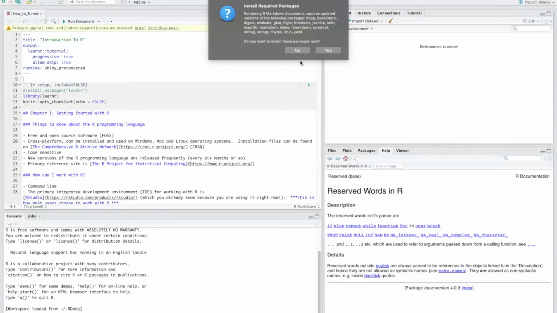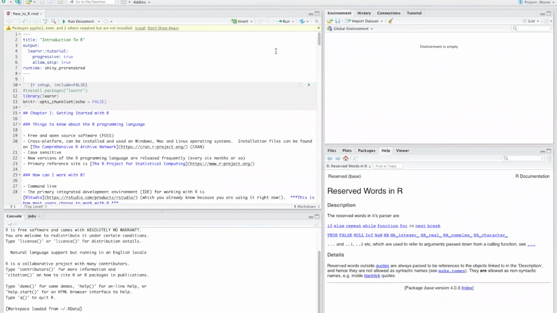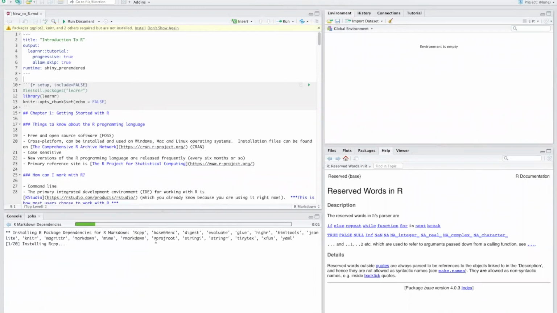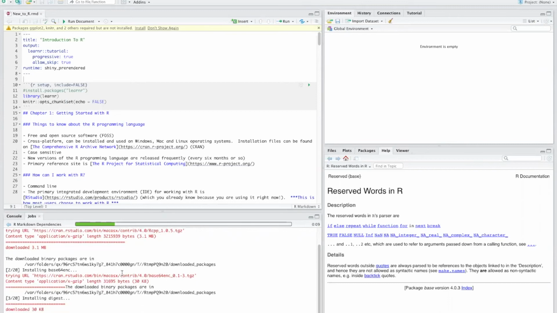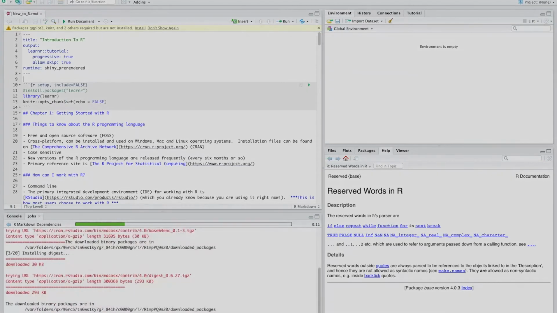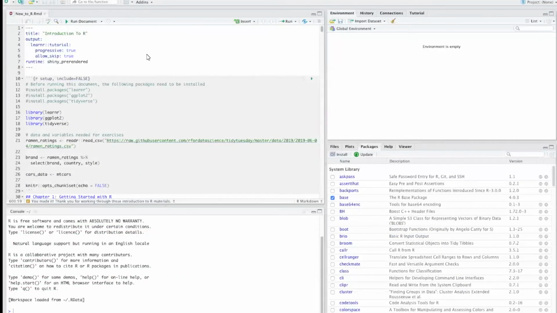All you need to do is give RStudio permission to install those packages and it will start. So I'll say yes, install these packages. And we can see now that it is going through and installing all of these packages, and the output will show up down in our jobs tab here. Okay, so now those packages have been installed,